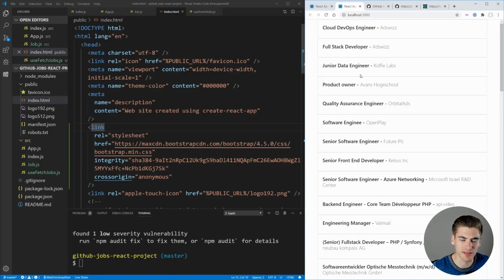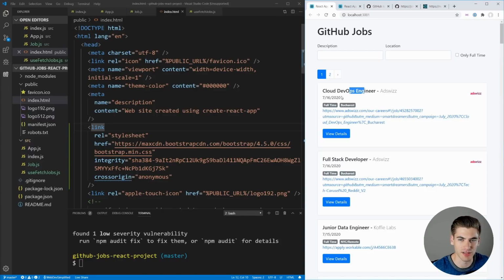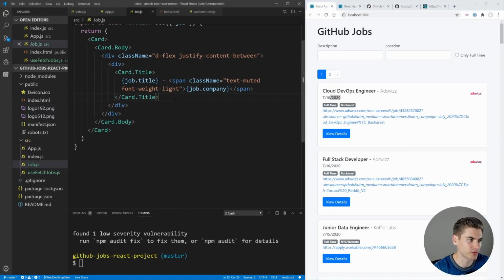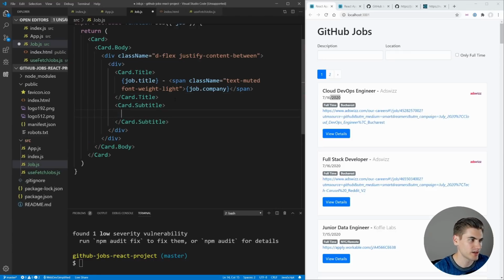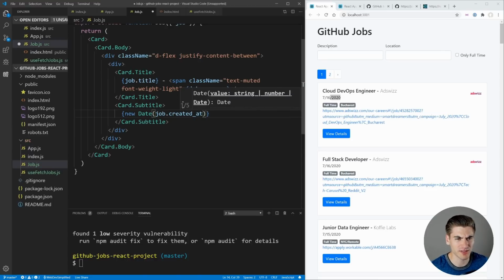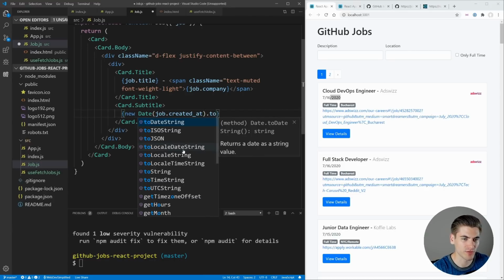So now we can move on to styling the rest of our card. As you can see here, we have the next thing being our date. So let's go back into our job. We have our title done. So now we can move on to the subtitle, which is going to be our date. And inside of our subtitle, all we're going to do is print out a new date, which is our job.created_at. And unfortunately, this API uses underscores for everything instead of camel case. So it looks a little ugly in JavaScript, but that's just how the API is, and we need to deal with it. So we're converting this created at to a date, and then we're just going to convert that to